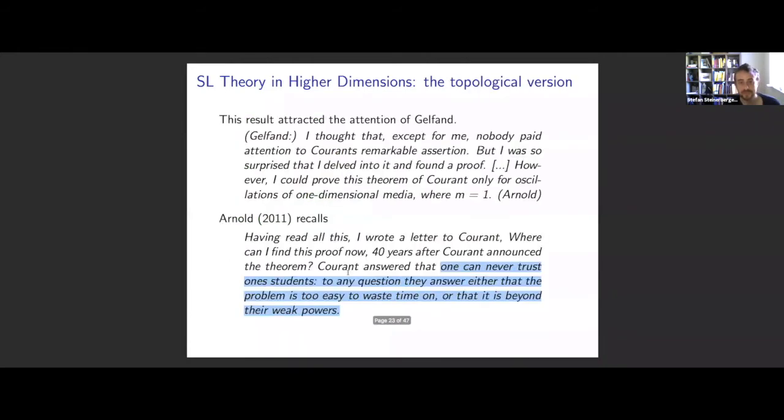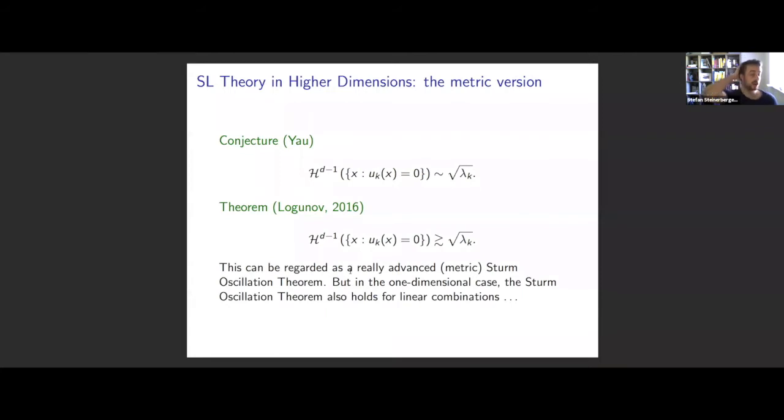But okay, so this is the topological version. I will not talk about the topological version. I'll talk about the metric version. And for the metric version, we have Yau's conjecture, half of which has been proven by Logunov. So essentially, you take the kth eigenfunction, and you assume it oscillates like some nice random wave, and you get some asymptotics, and the asymptotics say it should be like a square root of the eigenvalue. Okay, so we do this,